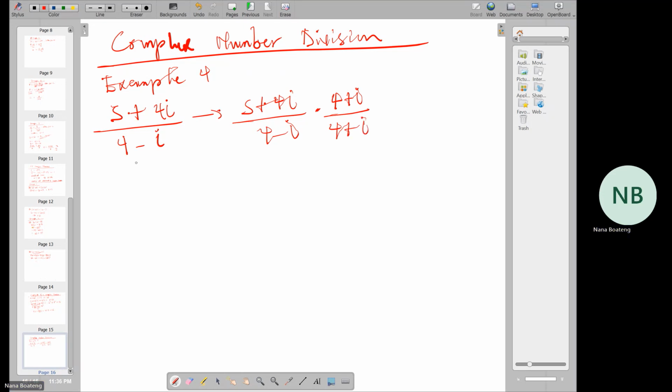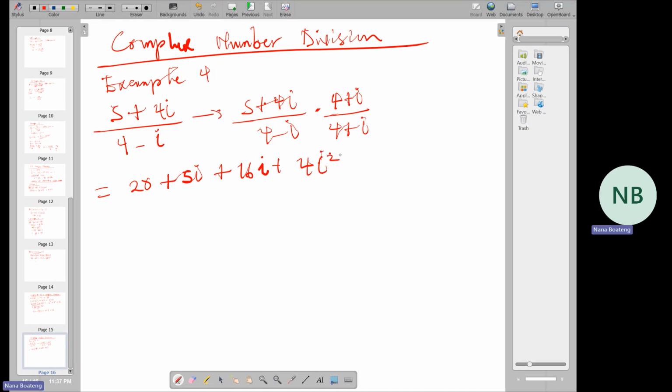Okay, so this becomes 5 times 4 is 20. 5 times i is 5i. 4i times 4 is 16i. And 4i times i is 4i squared. So 4i squared. And this is divided by 4 minus i times 4 plus i. And that is a squared